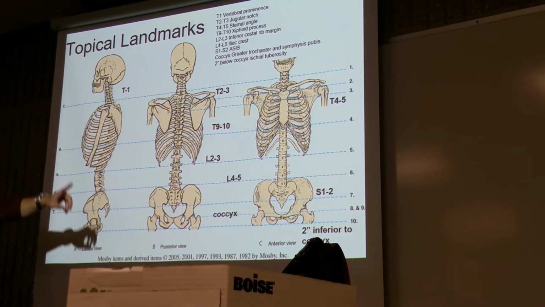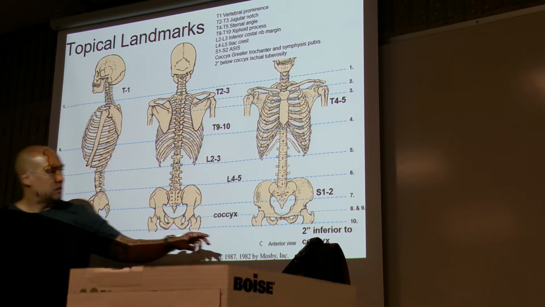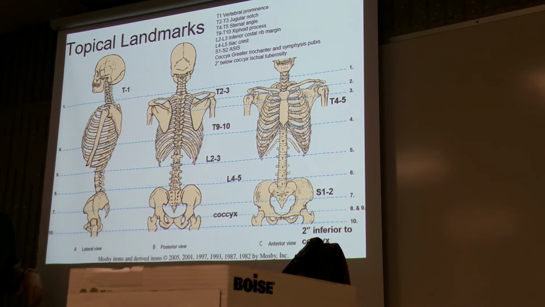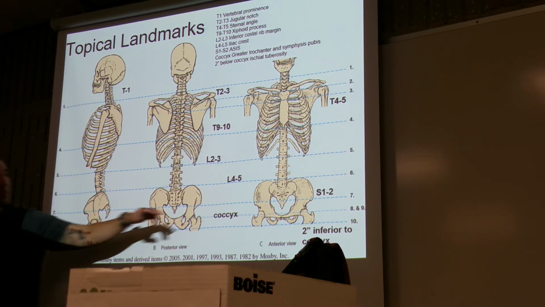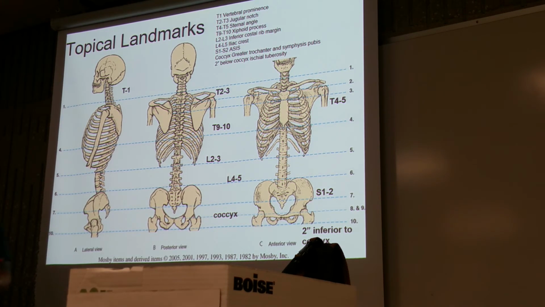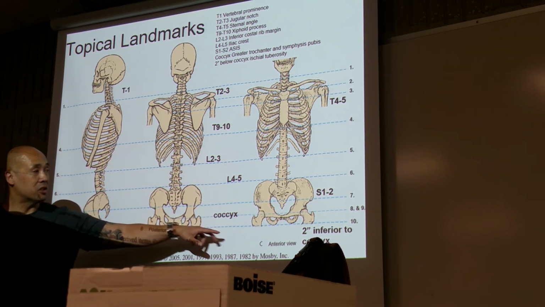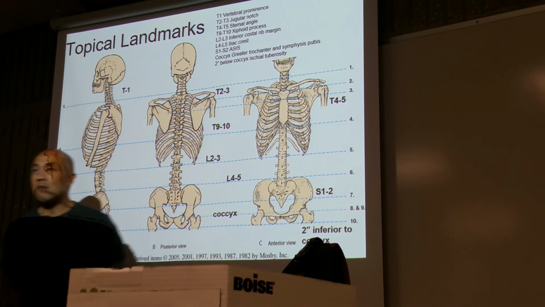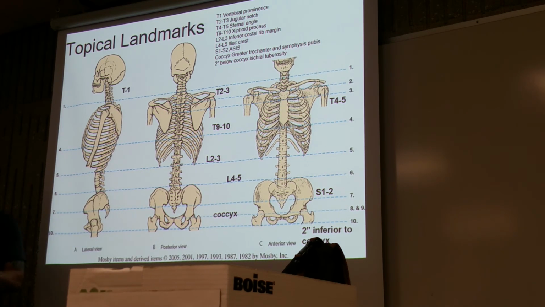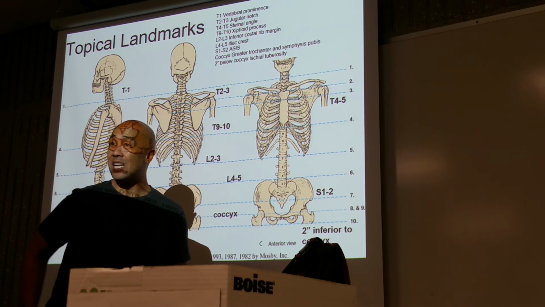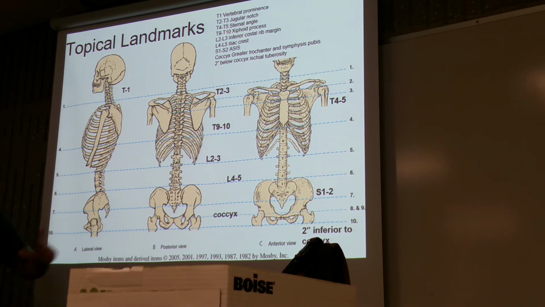Okay. Isn't the coccyx supposed to be pubic? Yeah, this is going to be a landmark, which is 2 inches below the coccyx, is where you find the ischial tuberosity. So this is a landmark. Okay, it's a palpable landmark. But to find the ischial tuberosity, which is basically your butt bone, that's 2 inches below the coccyx level. This is what this means, okay? This particular line here is at the level of the symphysis pubis, okay? Now, again, it's a bony prominence that we palpate, but instead of palpating here, we're feeling for the greater trochanter of the femur. So, for this area right